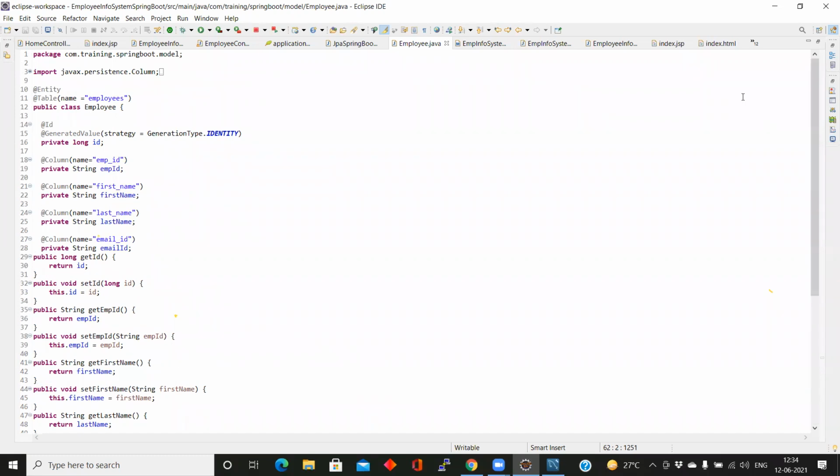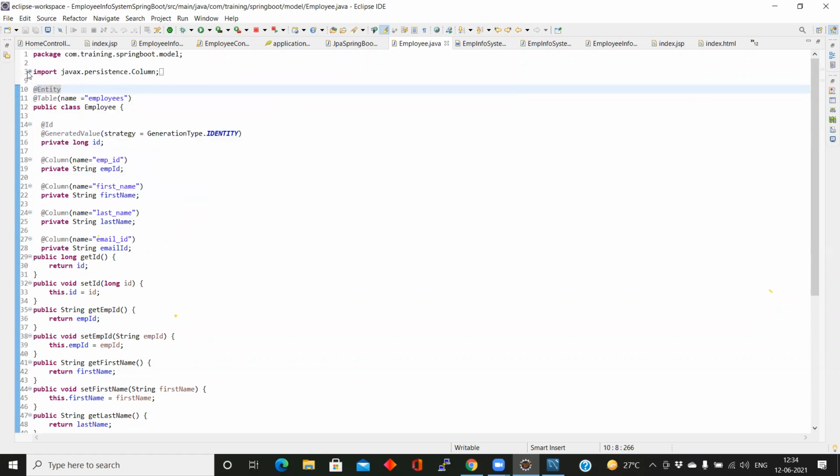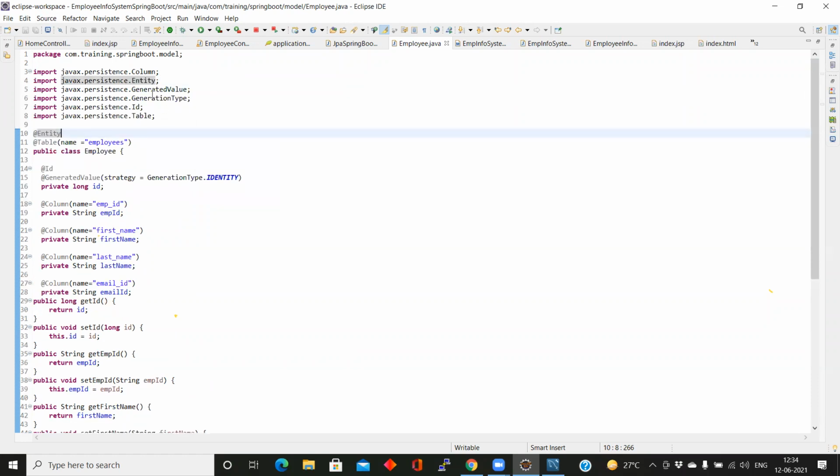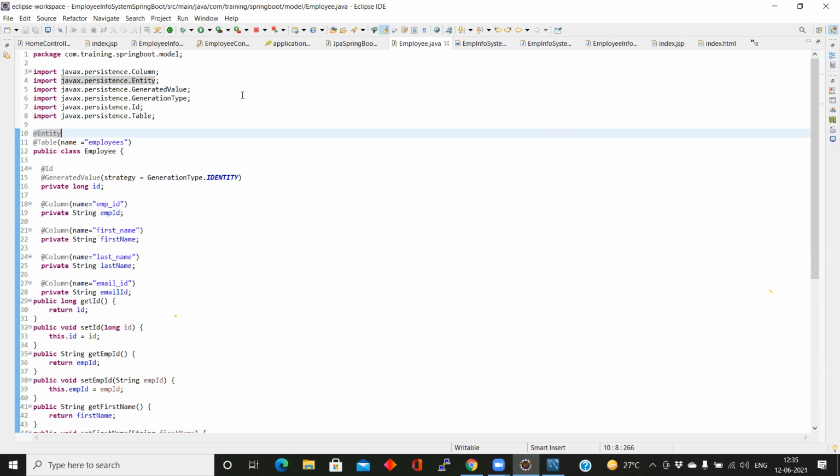Now we are making it an entity. Then what should we write? The annotation: it is the @Entity annotation, and all annotations are dependent. Entity is from the javax.persistence package. Just write it and press enter. Since you are a new learner, you do it first; gradually, when you become expert, more concepts and visualization will become clear.